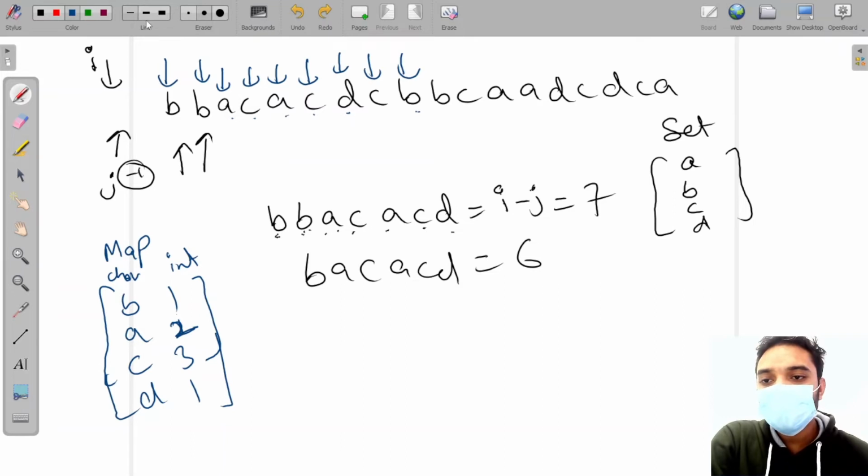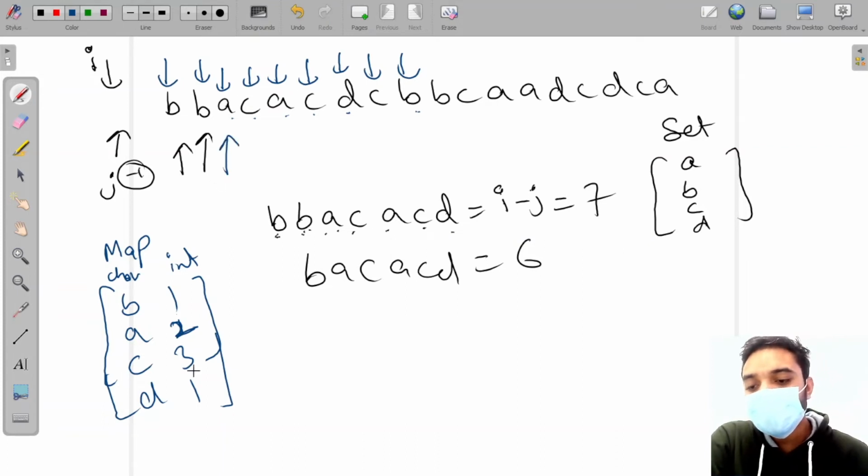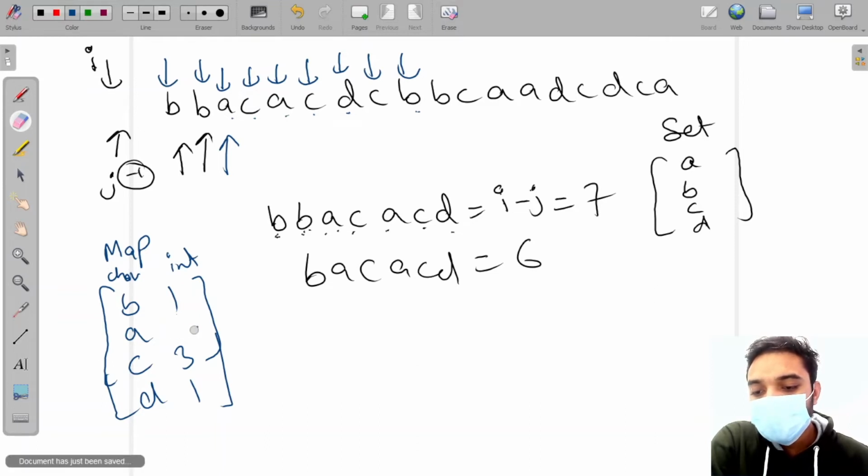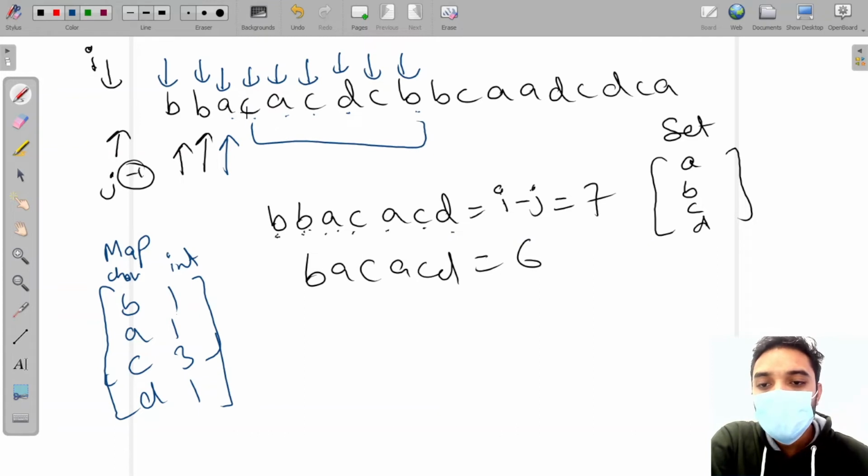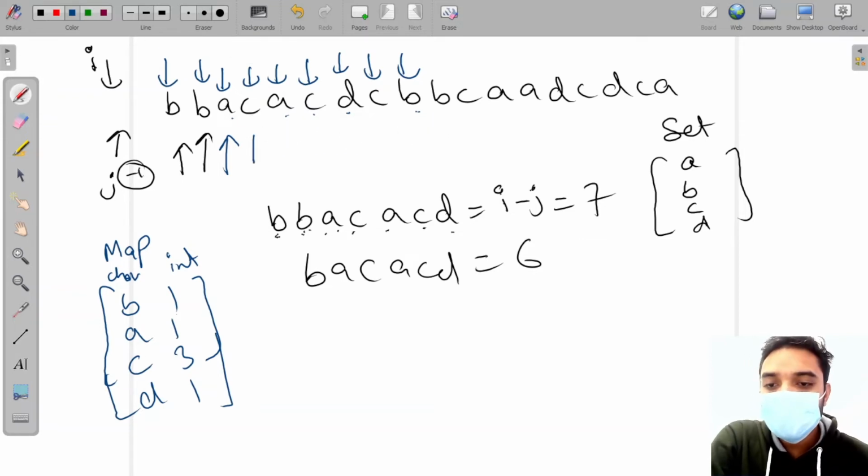I'm at a valid string, so now I'm going to delete a. Now it's 1. I check 1, 2, 3, 4, 5, 6. I don't have to worry about this because 6 has already been saved. Now I'm going to iterate j once again.